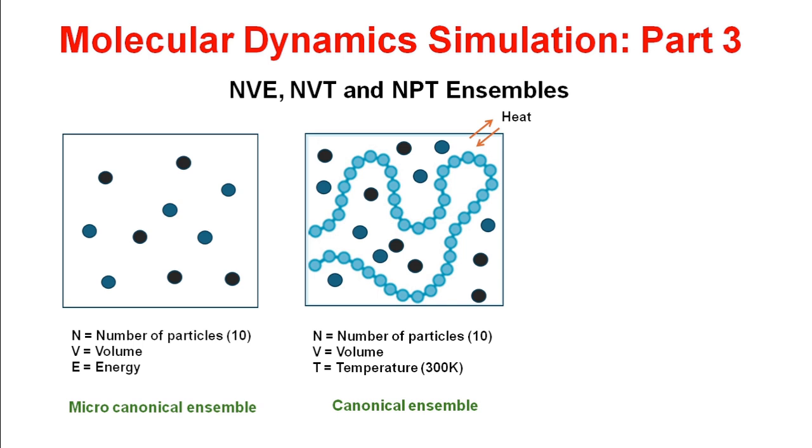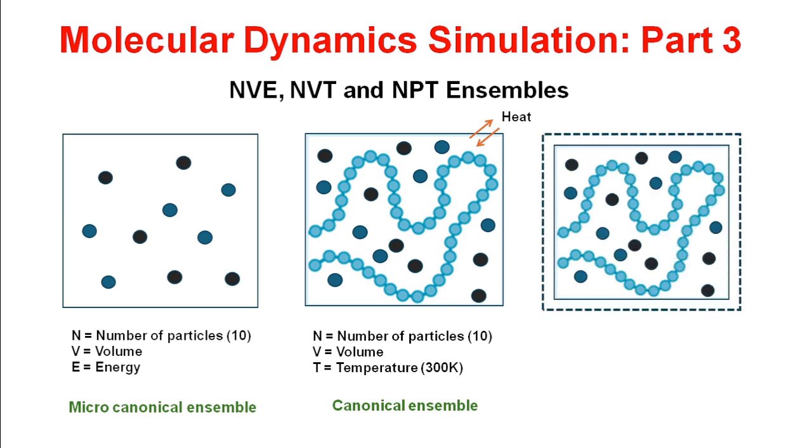If the temperature is too low, the velocities of the atoms are increased, and vice versa. So by adjusting the velocities of atoms within the system, the thermostat maintains the kinetic energy and consequently the temperature. This is known as the canonical ensemble. The third ensemble is